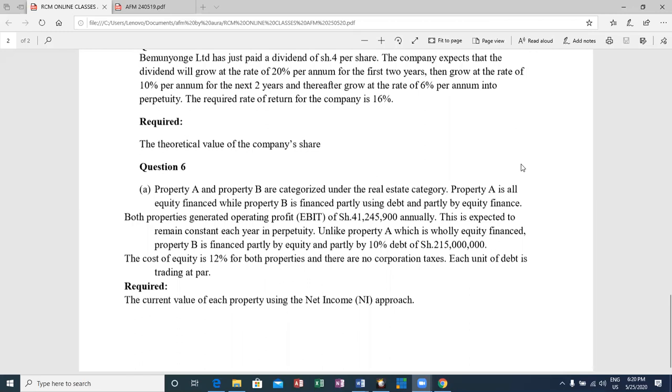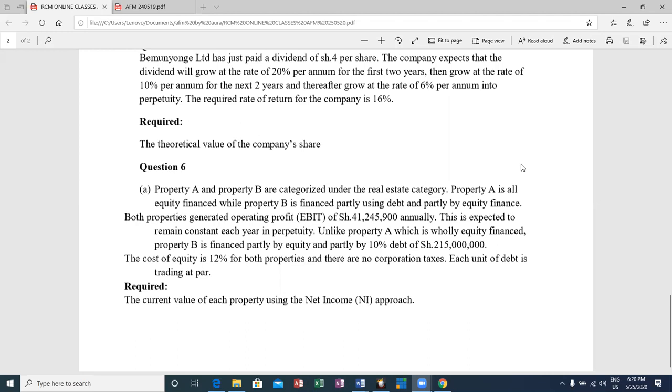21.5 million. Now, ladies and gentlemen, the moment I have this 21.5 million, I will be able to remember very fast that for the value of equity, the equity holders will get the net profit. As Dennis told us, net profit is EBIT minus interest, although here we don't levy any taxes. Divide this by the cost of equity. So then value of equity will be equal to EBIT